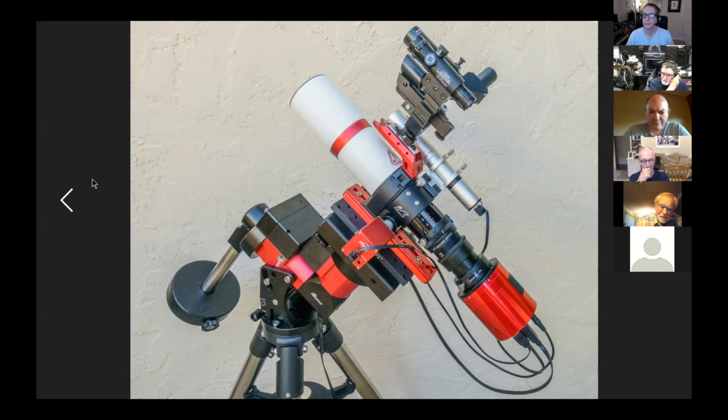One of the nice things about it is it has a hub so that you can connect the USB cables from the focuser and the guide scope camera from the main camera. And in this scheme, then I've got only one cable that runs up there to the scope. It comes in through the bottom of the mount and comes out through the back of the